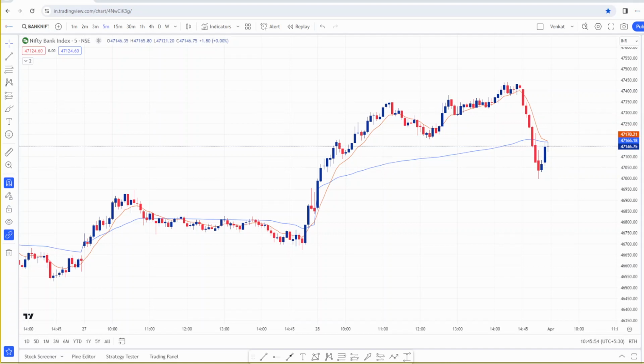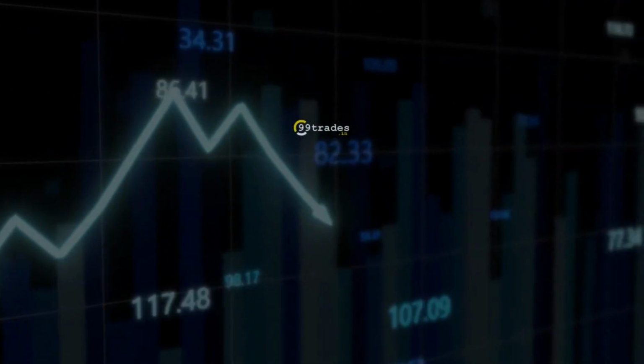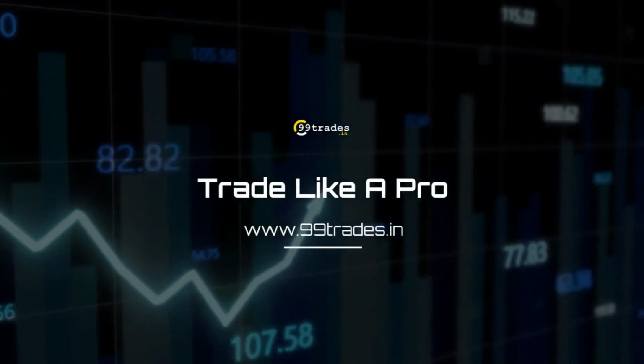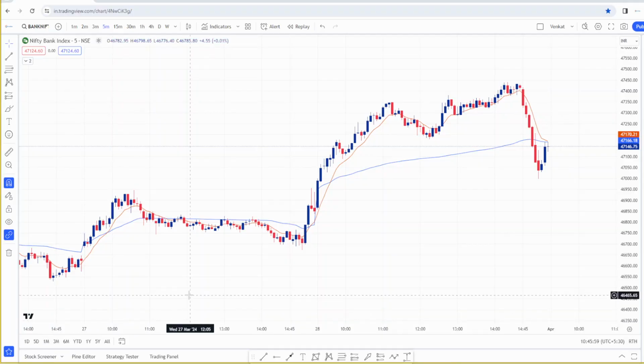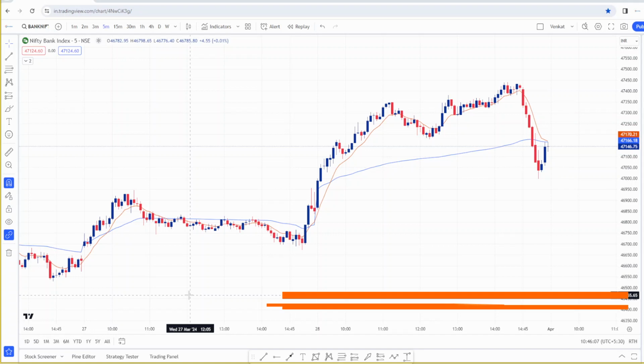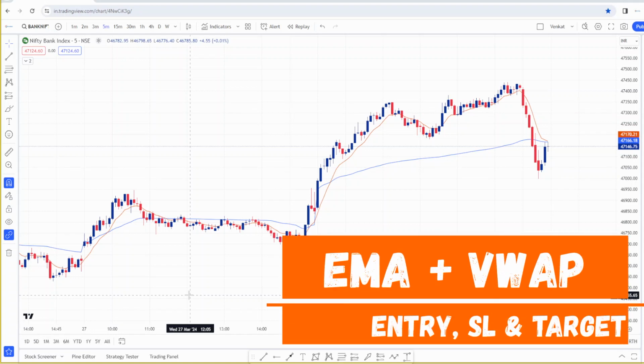In this video, we will see the best options trading strategy for intraday. Here I am using the Bank Nifty chart. You can use this strategy for any stock or any index or any currency, whatever you like. In this strategy, we use only two indicators. Using these two indicators, we will try to identify the entry, stop loss and how to fix or calculate